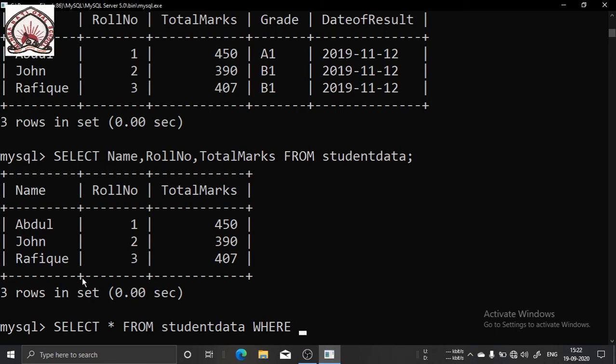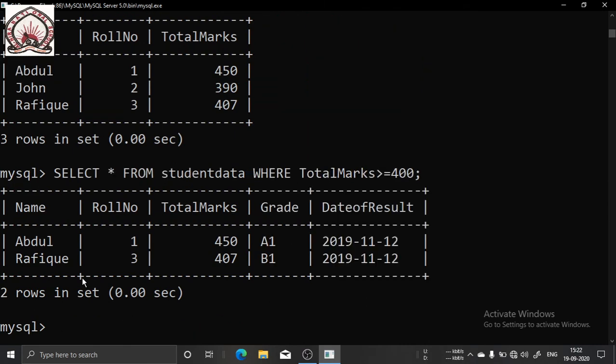So where total marks greater than or equal to, say I want to see the record of all students who have got more than 400 marks. Where total marks greater than or equal to 400. So you can see here Abdul, John and Rafiq.